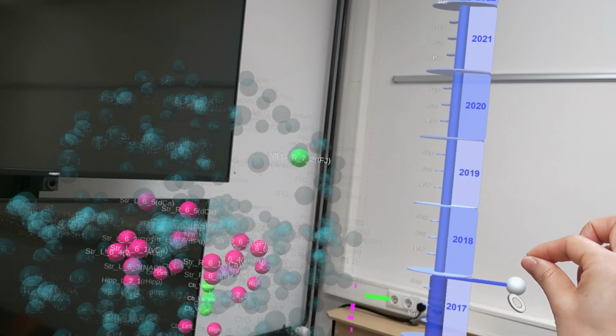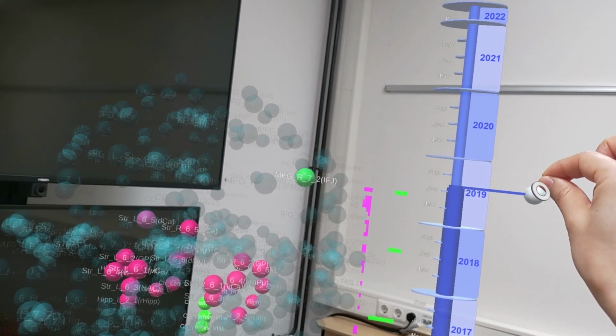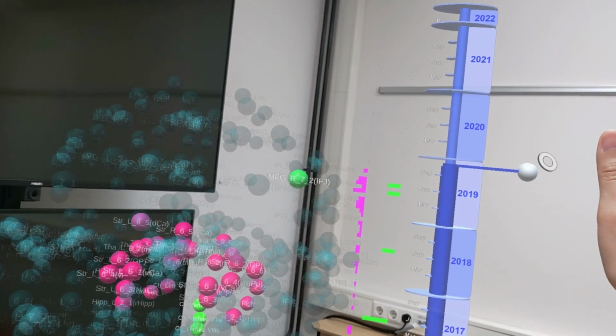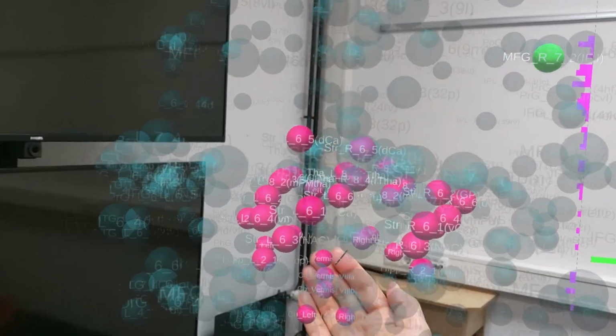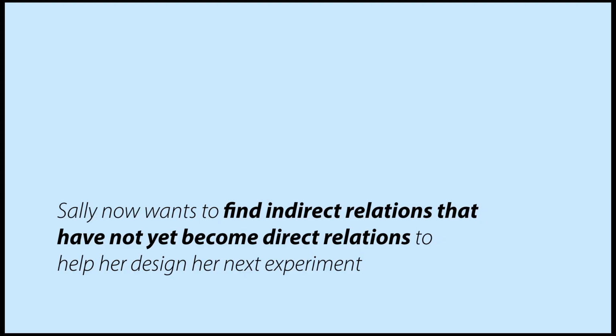Sally continues using the upper handle to move the slider slowly from August 2017 until it reaches November 2019, when she sees that the three green spheres change to pink, indicating a direct relation between depressive disorder and cerebellar vermis structure. Sally now wants to find indirect relations that have not yet become direct relations to help her design her